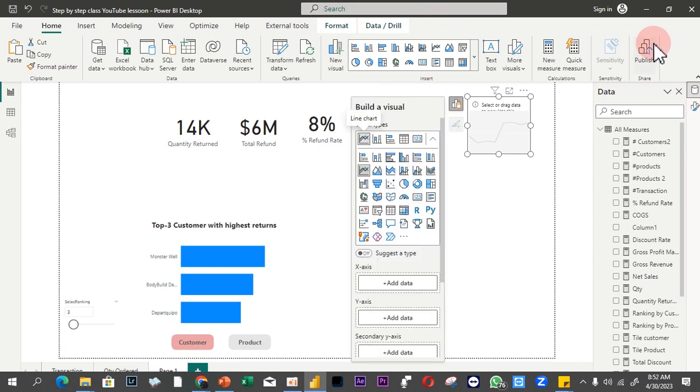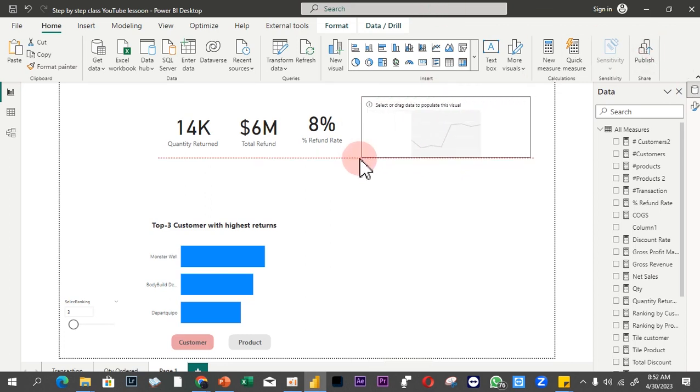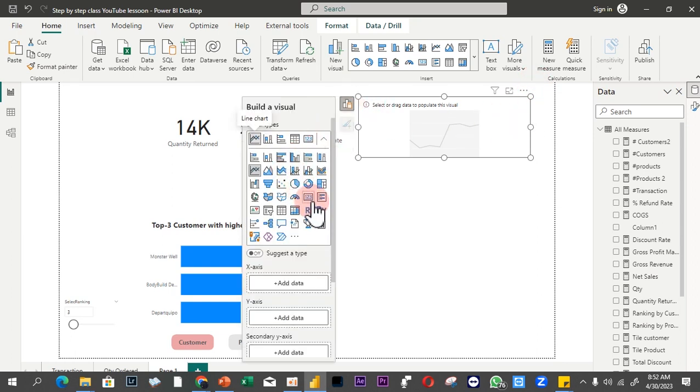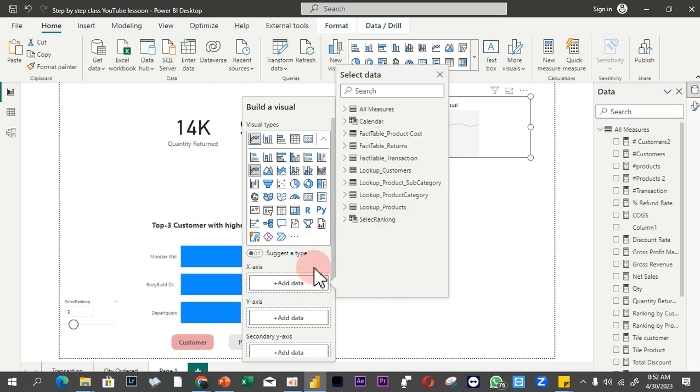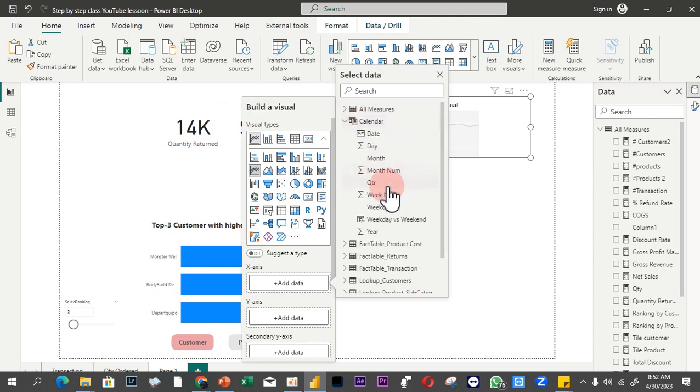So you do that. So here now, we're going to have to visualize some time series that is monthly data. So now what I want to do under this one is create something that somebody can drill through, right? So first of all, I go here. We have a calendar we've created in the first part of the video. On the x-axis right here, I want to have my year. So go to the calendar and bring the year